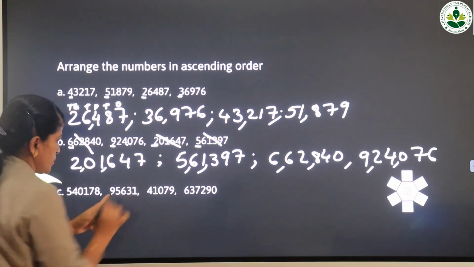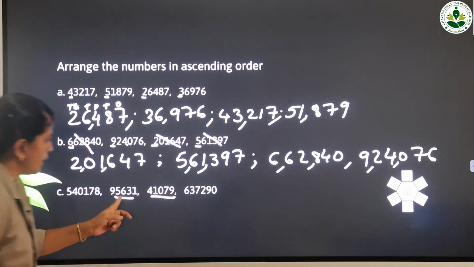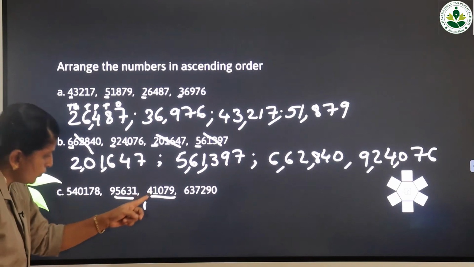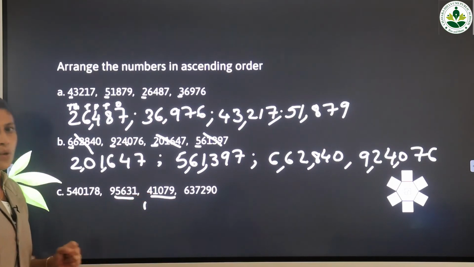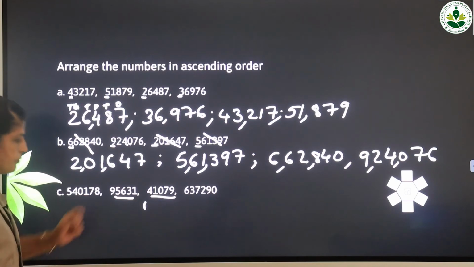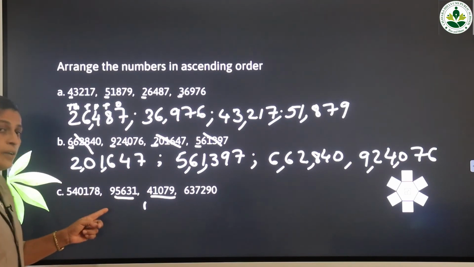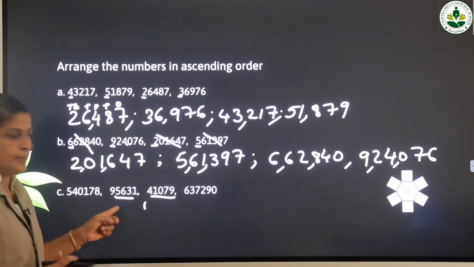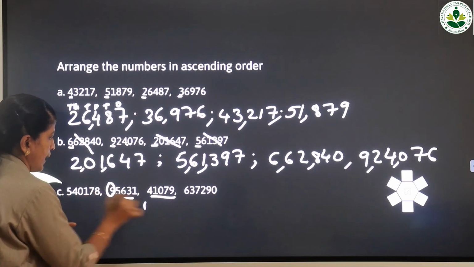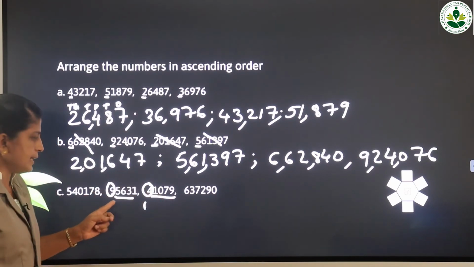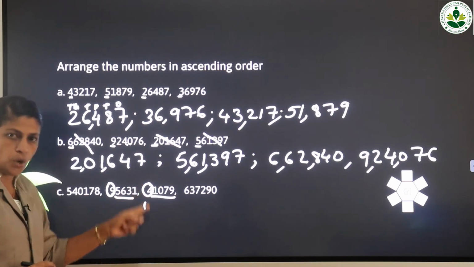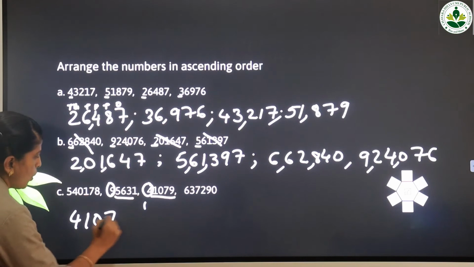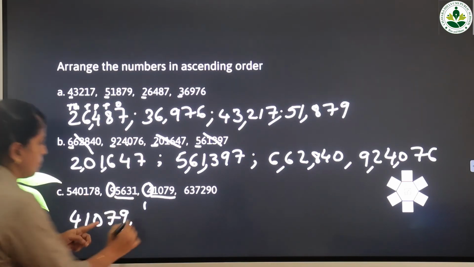Therefore, these two numbers are having 5 digits. Therefore, any one of these numbers will be the smaller one, isn't it? Therefore, check which will be the smaller one. For that, what should we do? We have to compare the leftmost place digit. In this number it is 9, and in this number it is 4, isn't it? Therefore, 9 or 4, which is the smaller one? 4 is the smaller one. Therefore, this number is the smallest number, and the next smallest number is